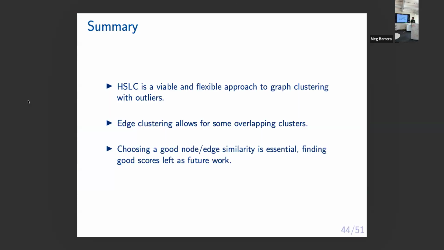All right, so the summary is that hierarchical single linkage was taken from HDBSCAN. It's very flexible as long as you're okay defining your own notion of what is similar. You can do edge clustering, which will allow for some overlap on the clusters. Hyperedge clustering is temporally aware. If you write down your own similarity measure, then we can use it to apply hierarchical single linkage. But also writing down a good similarity measure is not trivial. So whatever specific problem you're working on, you might have to tweak it a little bit.